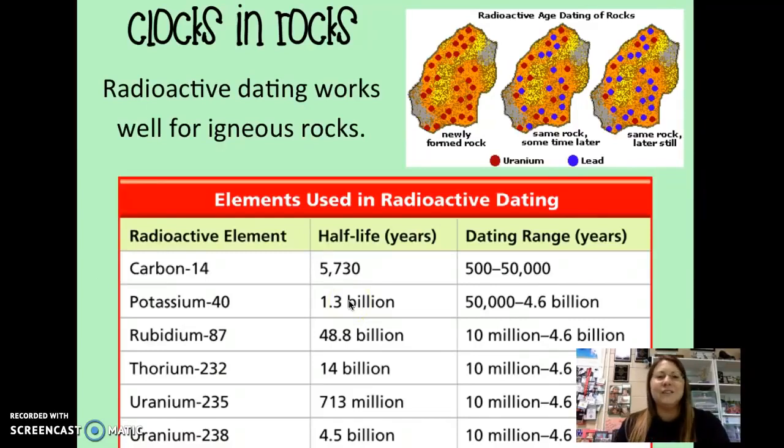Clocks and rocks made a rhyme. So radioactive dating is going to be used for igneous rocks. It's going to be used for igneous rocks because you know when those rocks form. They have a specific time that they form, when that lava or magma is emitted and then cools down into a hardened rock. So here's some examples of different types of radioactive elements, and you may have heard of some